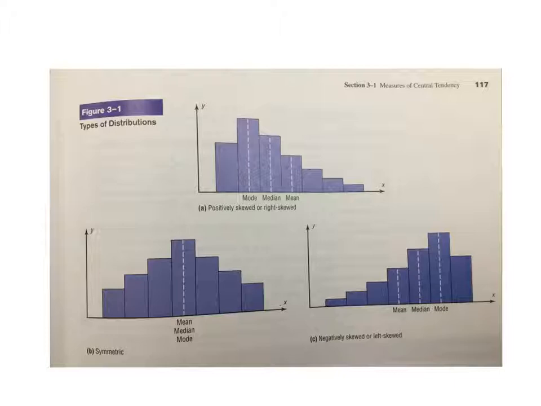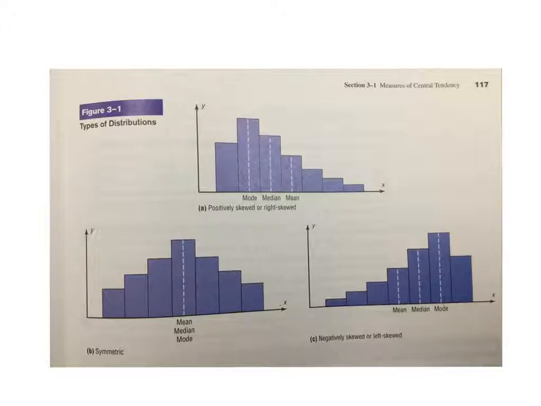The opposite is true for a negatively skewed or left skewed graph. Okay, the median and the mode are going to be to the right, and the mean will be to the left of the bulk of the data. The bulk of the data is over here, but the mean will still be in the middle. Okay, so it will be to the left of most of the data,